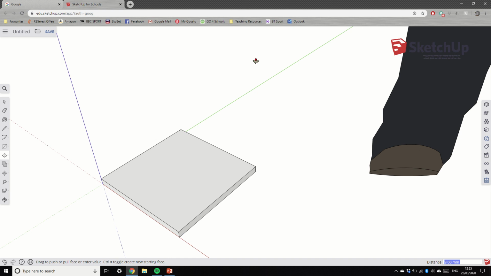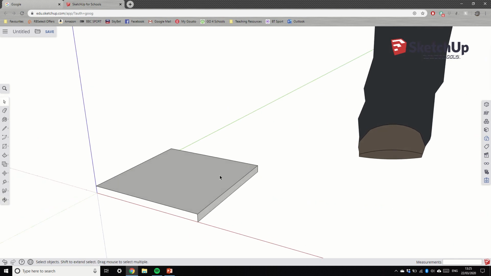I think this next bit is probably the bit that most people forget to do as they get further and further into SketchUp, and it has the biggest effect on our models later on. So it's such a crucial thing that we do next. At the moment, my box, if I get my select tool, my box that I've drawn, every time I click